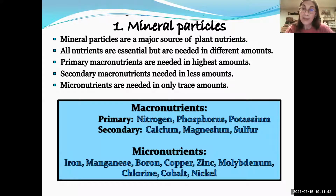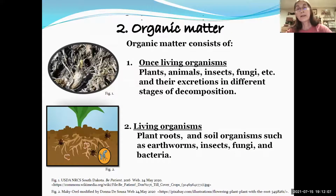All the nutrients are essential, but they're needed in different amounts. As you can see, I have primary nitrogen, phosphorus, and potassium. Those are needed in the highest amount, next to calcium, magnesium, and sulfur. Then the micronutrients are only needed in trace amounts, but they are necessary. So a healthy soil should have all of these components and the right amounts for the plant. The second component of a soil, and it's really only about 5%, but it is really critical,